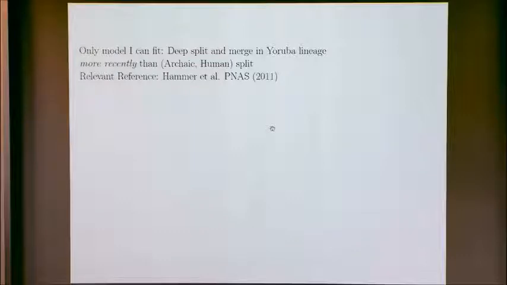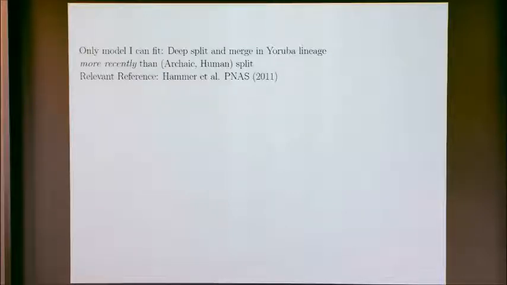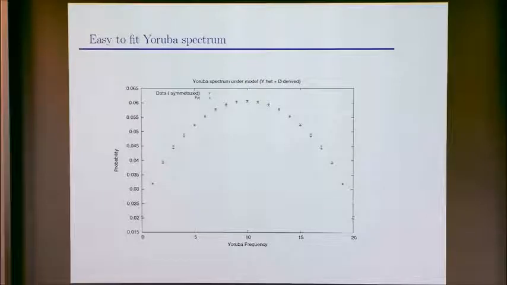Furthermore, as you'll see from the actual parametric models I'm going to write down, I just show you one fit. The effect is really pretty extreme. All right. So once you do that, it's rather easy. Once you allow yourself this deep split to emerge, fitting the spectrum is quite easy, and the parameters are poorly determined, which I think is probably true for everyone's techniques, actually. Right? I can fit this with many models that are different in detail, but they all have this deep split